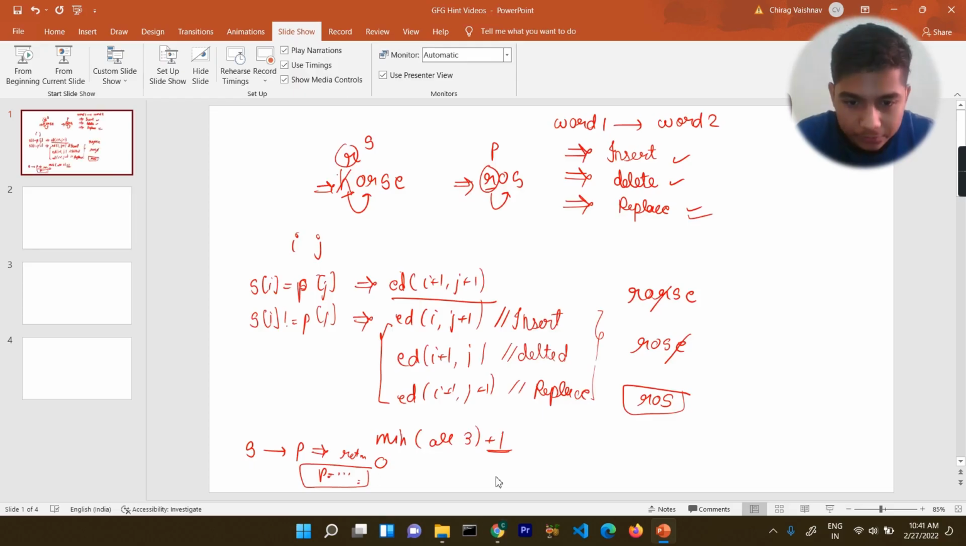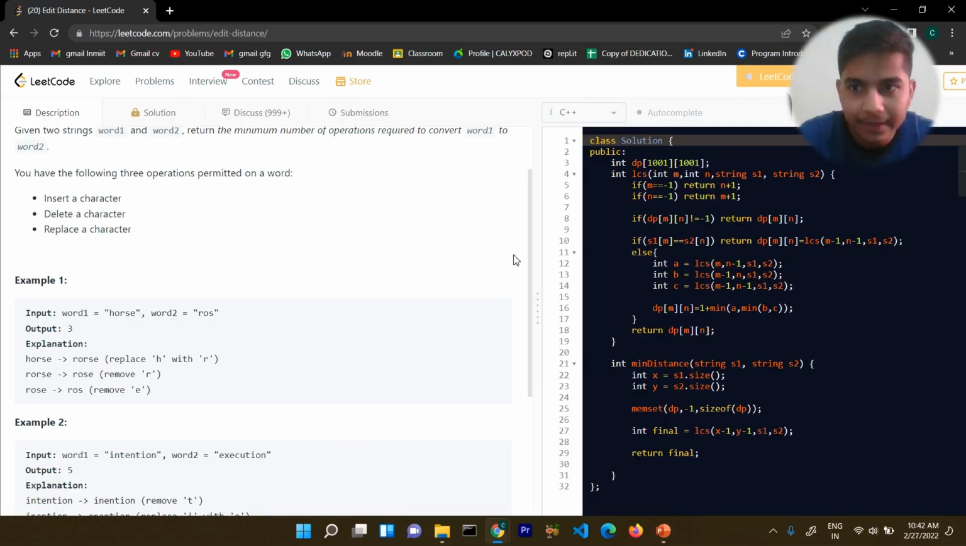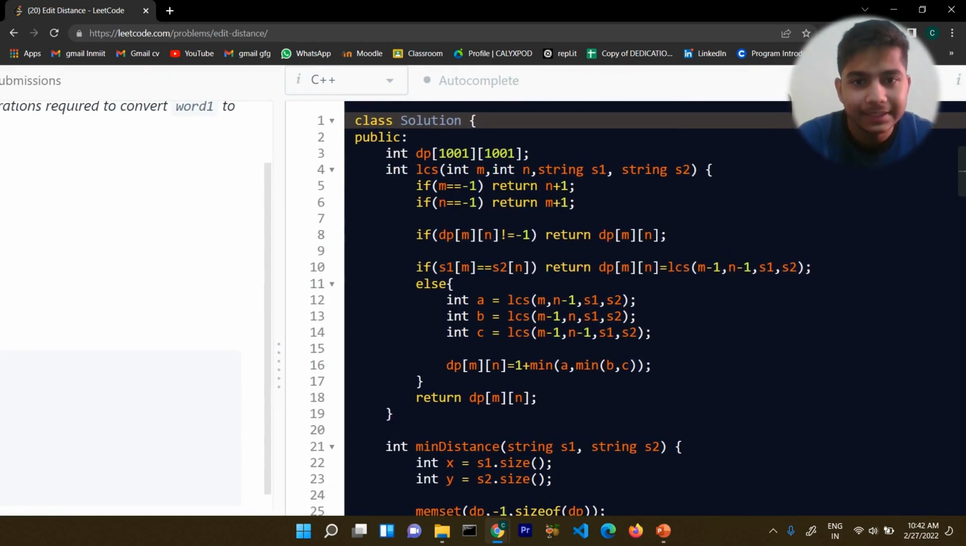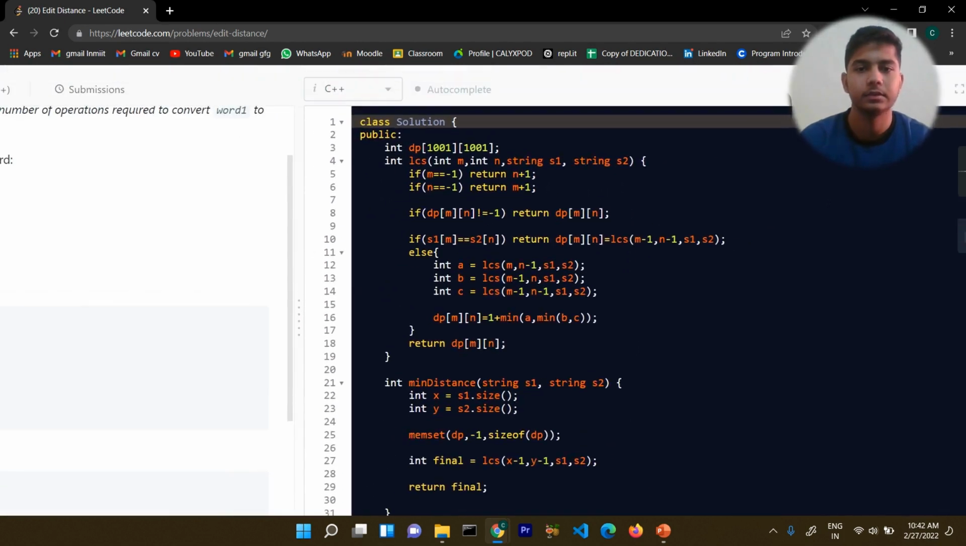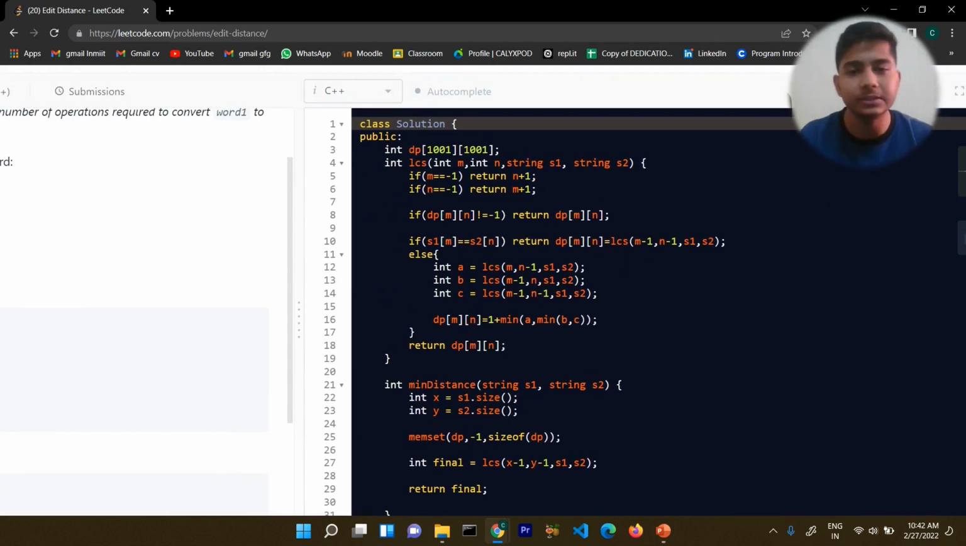Now let's move to the code. I've tried my best to explain it here, right? So in this you can see the base cases are there. I just skipped two cases there so that I can explain them here. The rest of the base cases: if one of the strings becomes empty, then what do we have to return? We have to return the length of the rest of the string, because suppose I have to make